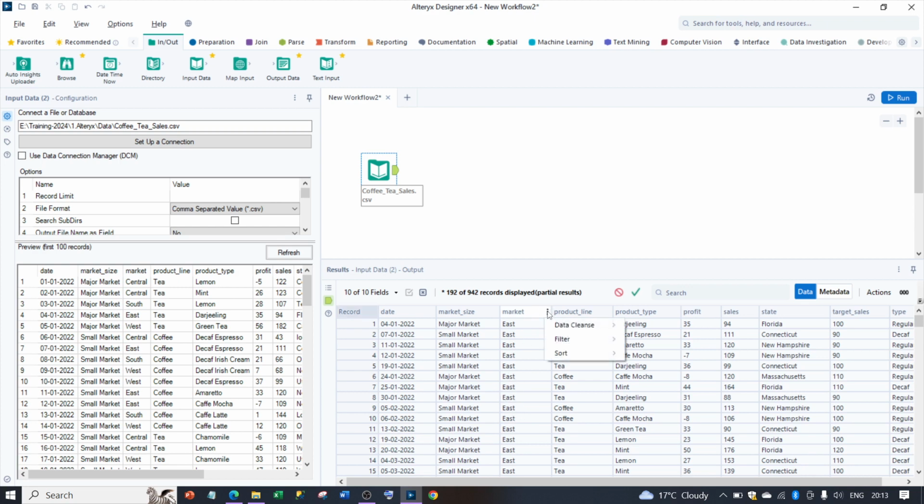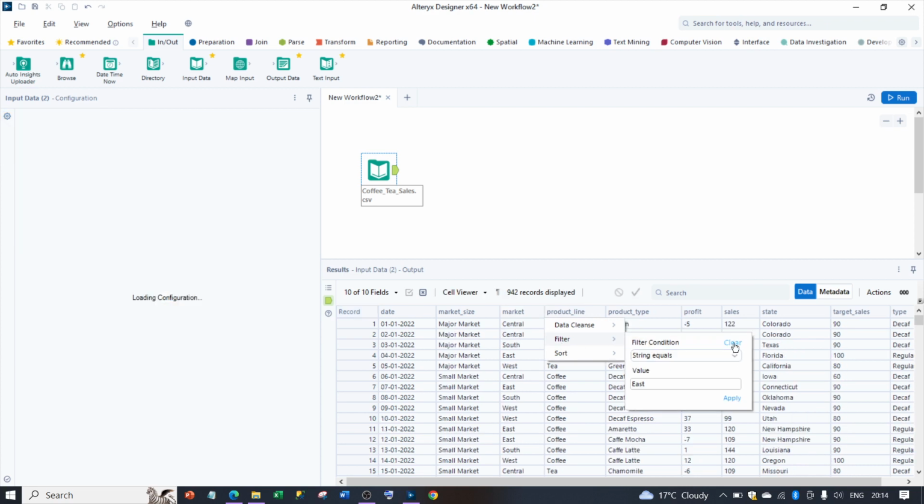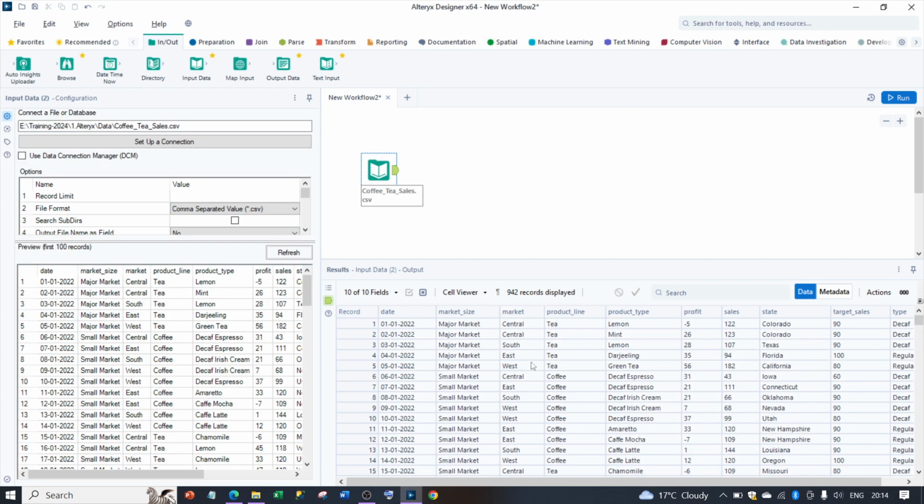How to remove this filter? You go to the filter tab again and clear the filter. After clearing, the filter is removed. So in the next stage we are